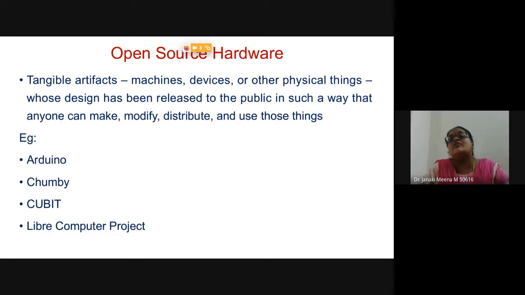Anyone can make it, modify it, distribute it, and use it. One of the popular ones is Arduino. Most of us would have worked with Arduino. Arduino's hardware is open source, and other things I am not familiar with, but I just explored and found out. Chamba is there, and then we have got Qubit and Libre Computer Project and so on.